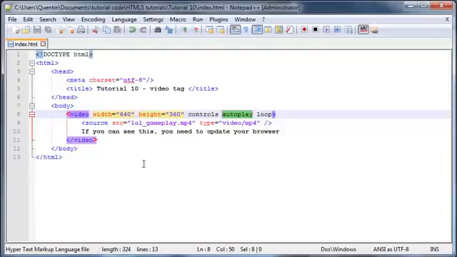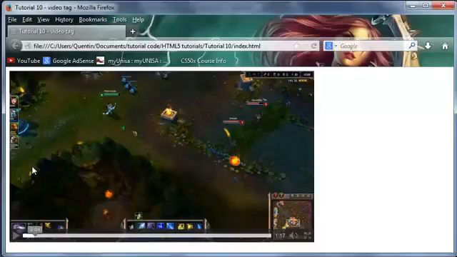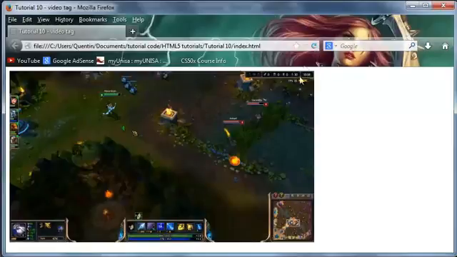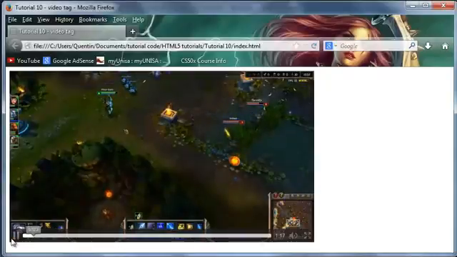So let's go back to Firefox now, and when I click refresh, because we've got the autoplay attribute, this video will start playing as soon as the page has loaded. So let me click refresh, and as you can see,